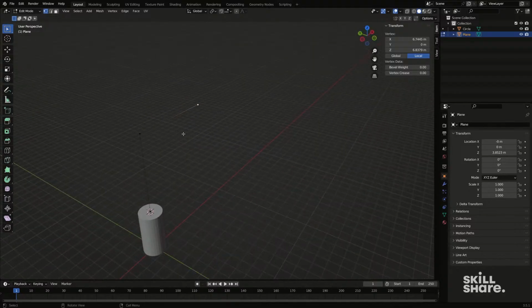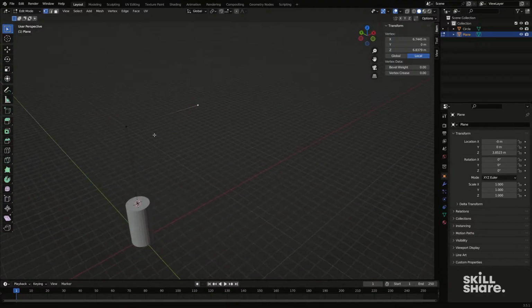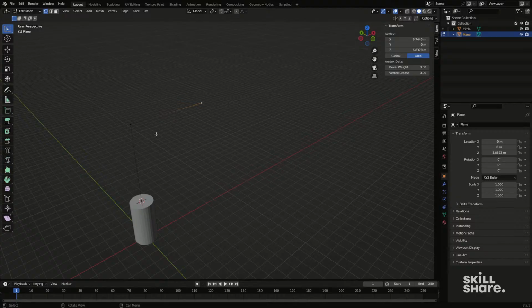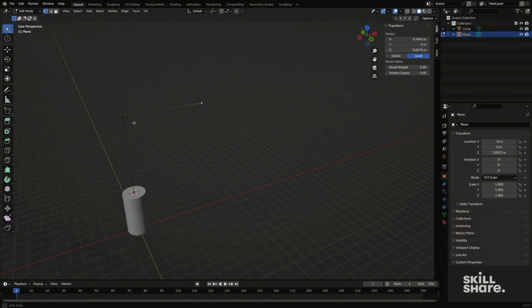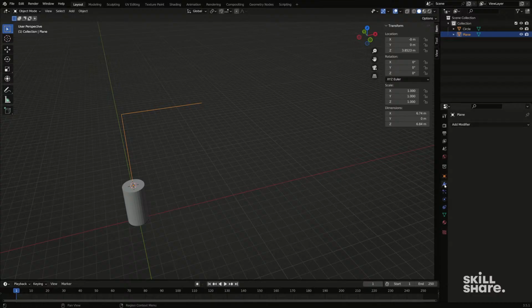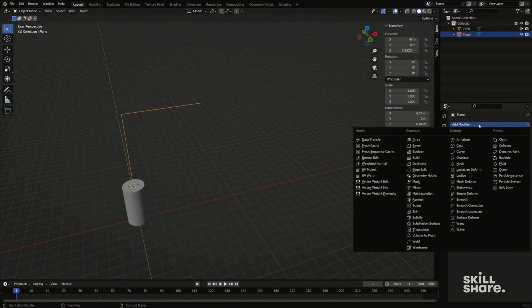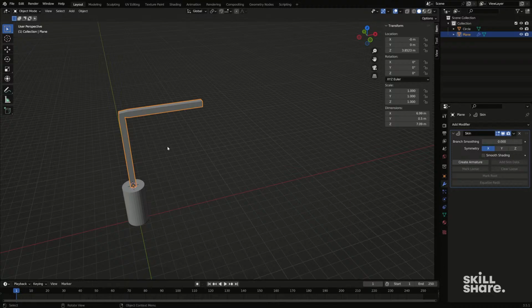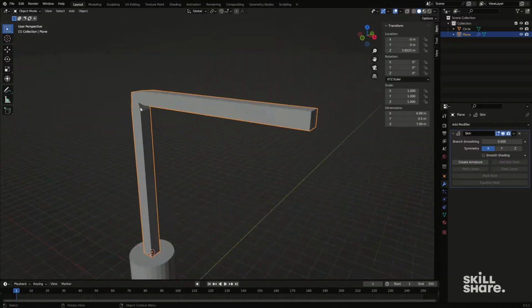So to give this arm of the lamp a little bit of depth, we want to kind of skin it with geometry, and there's a modifier just for that, and it's called the skin modifier. So what I can do is go into my modifiers properties here and add a modifier, and that's going to be a skin modifier. Now these are arranged alphabetically, so if you start to lose track of where they are, that's a good way to remember exactly where they are. So the skin modifier is right up here next to our trusty solidify modifier,